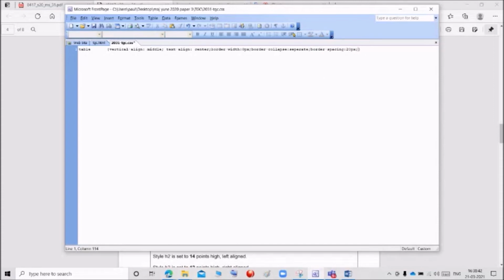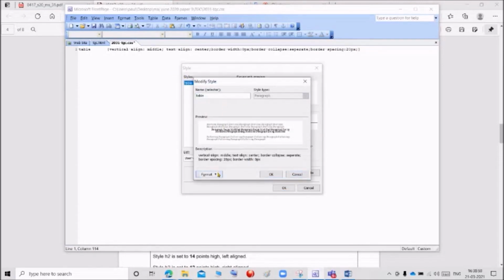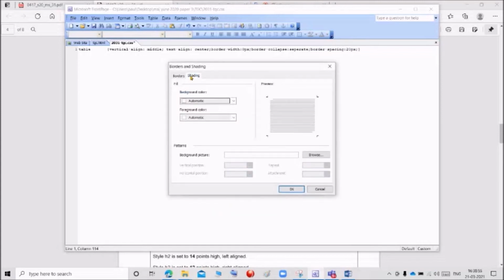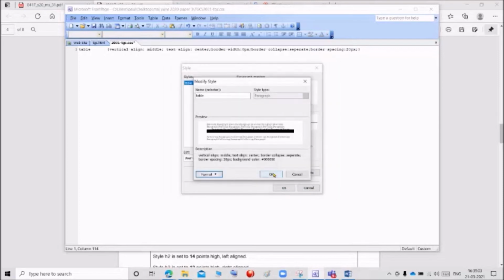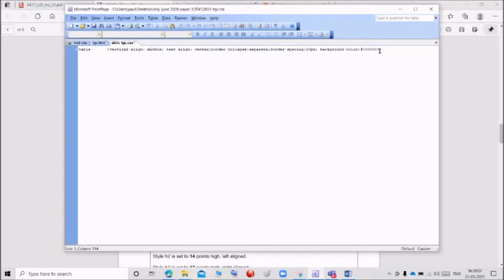Once you click enter after the border spacing, go to the format, click style, click the table, click modify, go to the border, select the shading, and you can give the border color like this, black. Click OK. Click OK. See, now the border color will become like this.